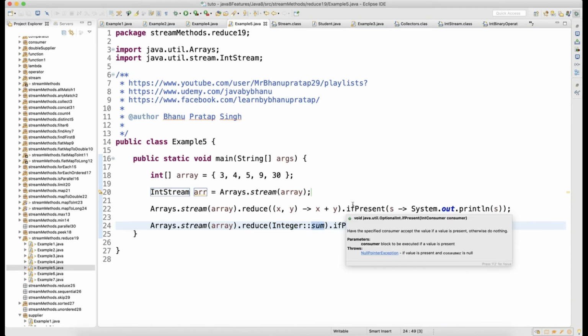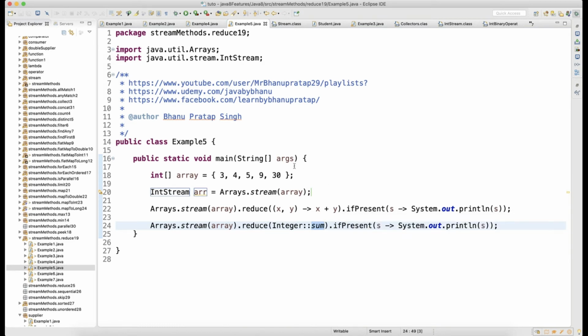You are saying that from your wrapper class Integer, call the sum method. You know that the sum method generally takes two arguments and sums them. This function is smart enough to understand that it has to pick up the numbers from this array and sum them.